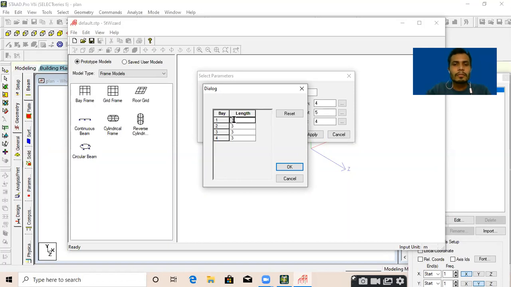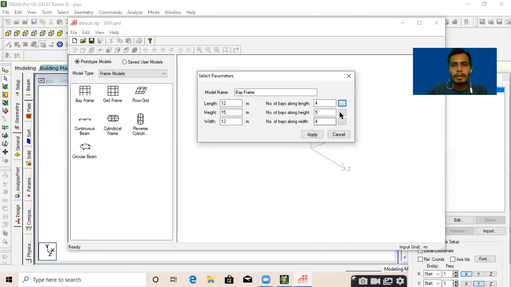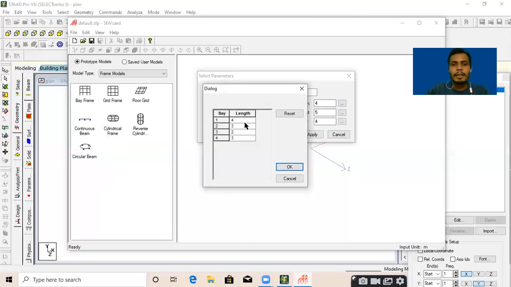Like you want to make the first bay of 4 meter, second bay of 3 meter, then 2 meter, and then 3 meter. 4 plus 3 is 7, and 5 is 12. So I just provided bays along the length: 4 meter, then 3 meter, then 2 meter, then 3 meter.